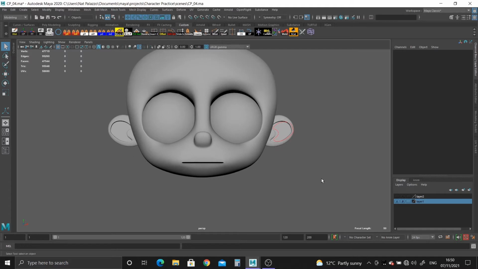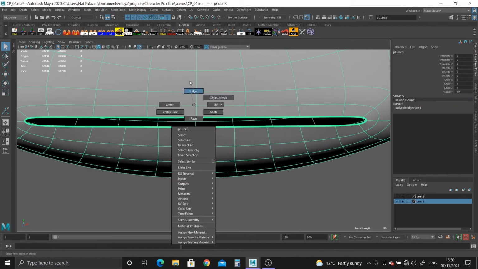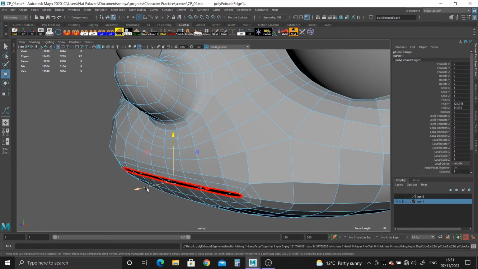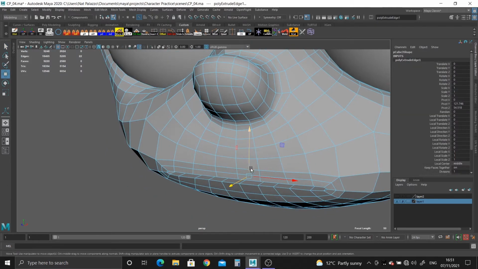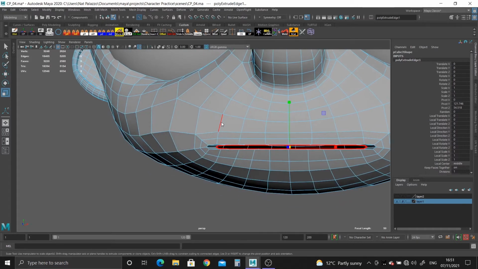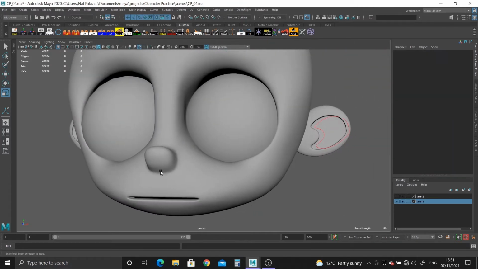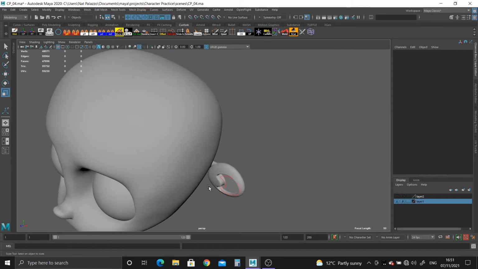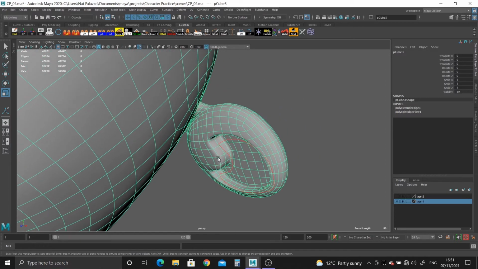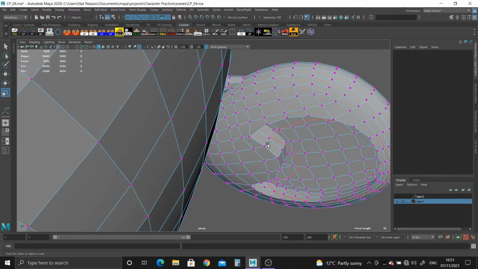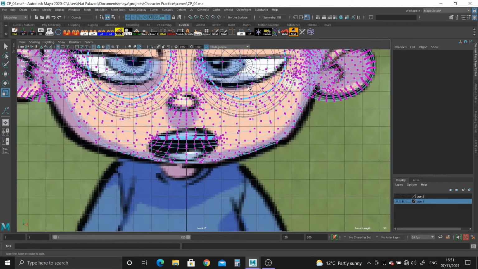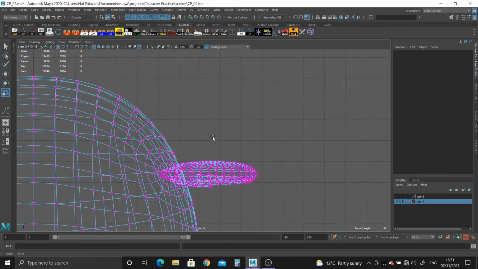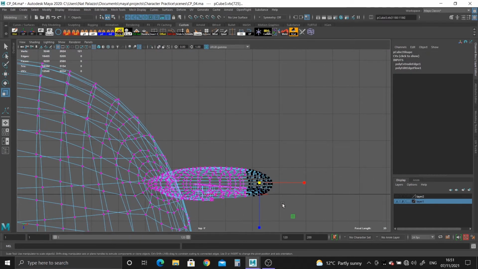There we go. And again, you know, with the mouth, what you want to do is grab the edge loop and extrude it inwards, to create some thickness. And then again with the ears, we haven't really finished with the ears, almost forgot actually, but we need to actually rotate them, because at the minute they're sticking out. As you can see, they look all right in the side view, but if you go in the top, they're sticking out a bit too much. So